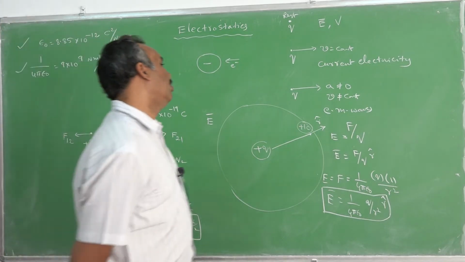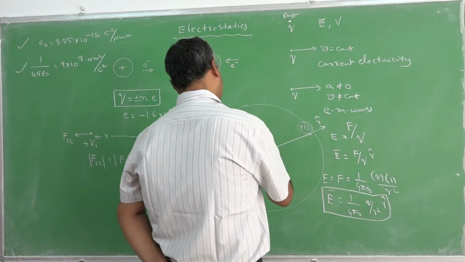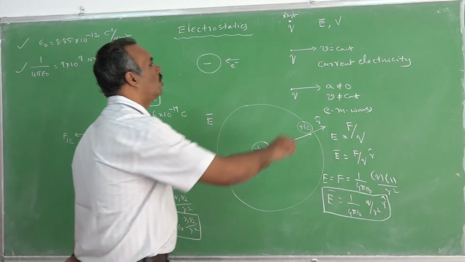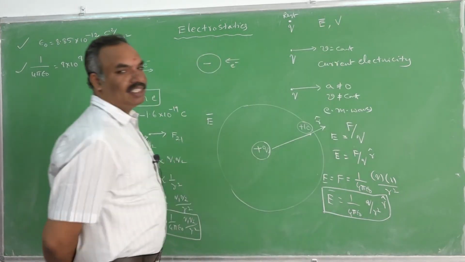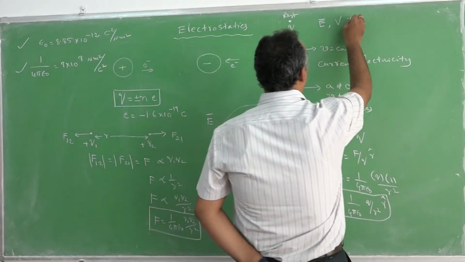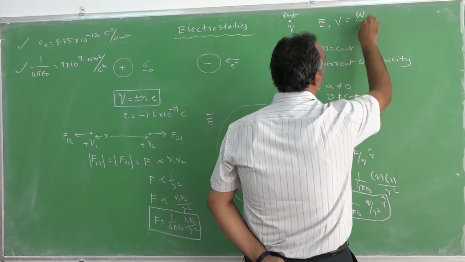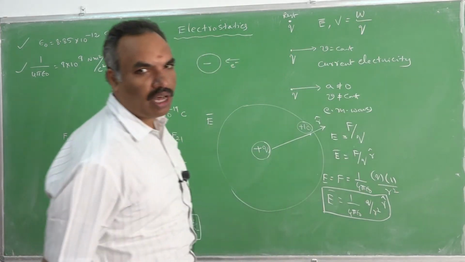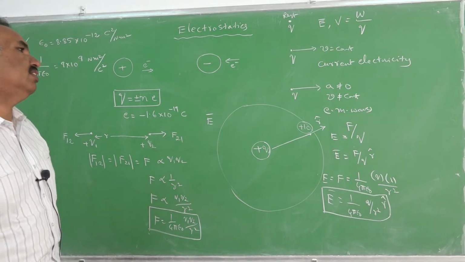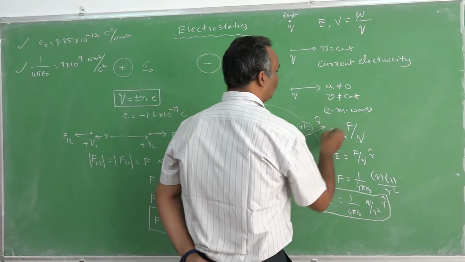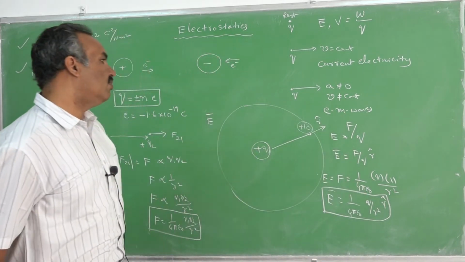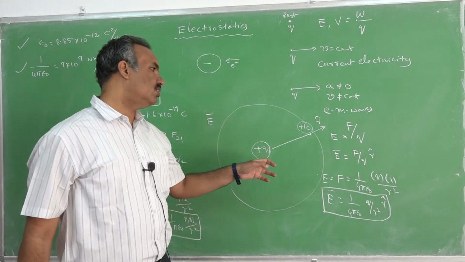Later, to describe the electrostatics of this charge, we need to define one more quantity called electric potential. It is a scalar quantity. Electric potential is defined as the amount of work done for bringing unit positive charge from infinity to a point within the electric field. From outside of this region, if this unit positive charge is present, it will not be influenced by this given charge.